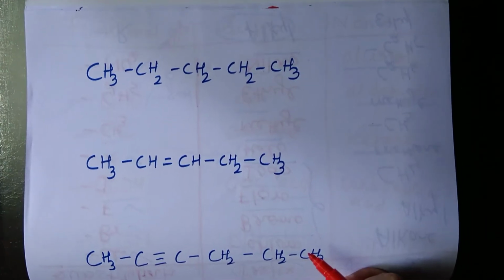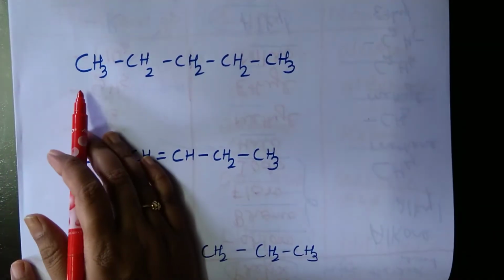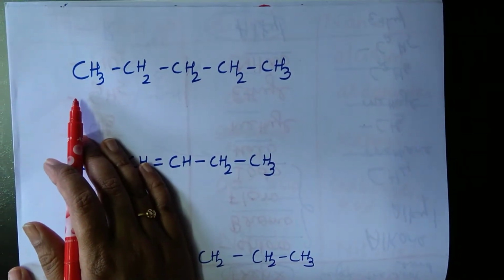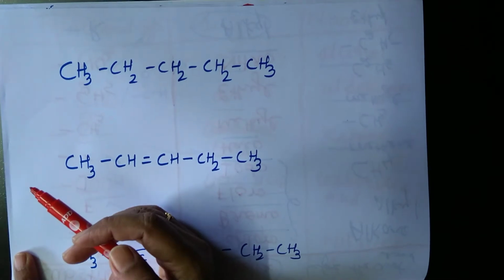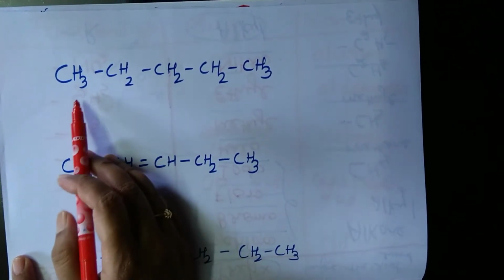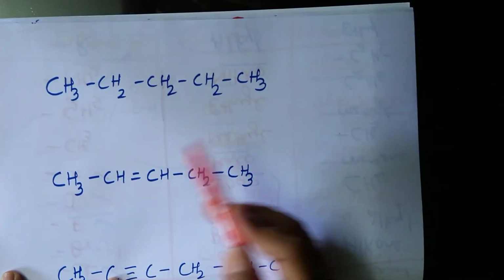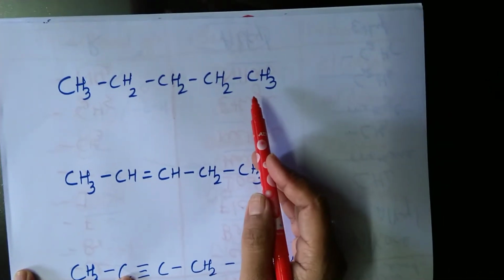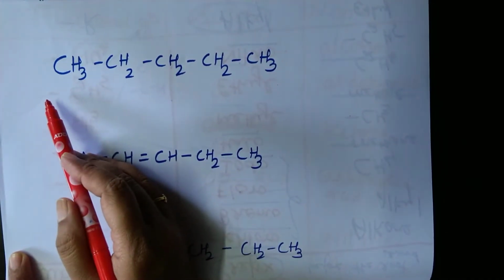In today's video, we shall name some of the given organic compounds. So I have an example here. The first rule is you have to select the longest carbon chain and number it. In this case, this is the longest carbon chain, right? So you need to number this. From where should you number this? From left or right is the question.